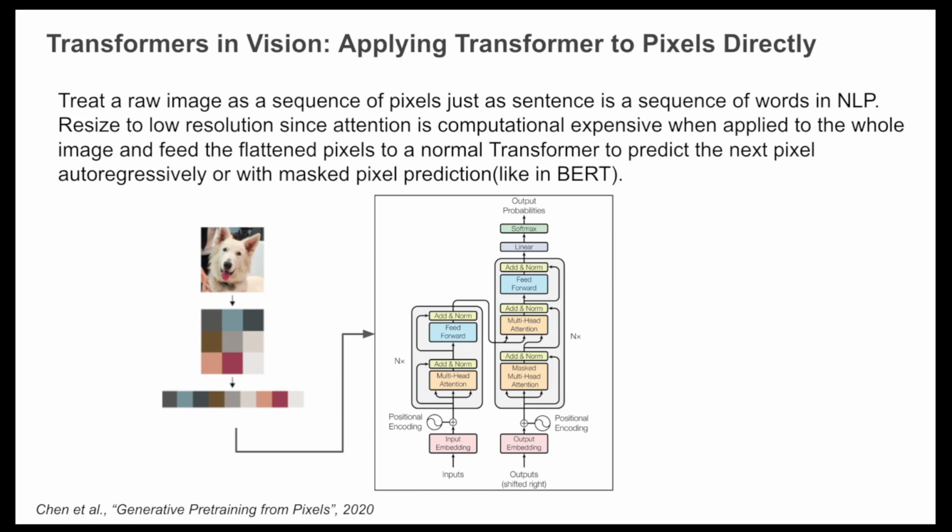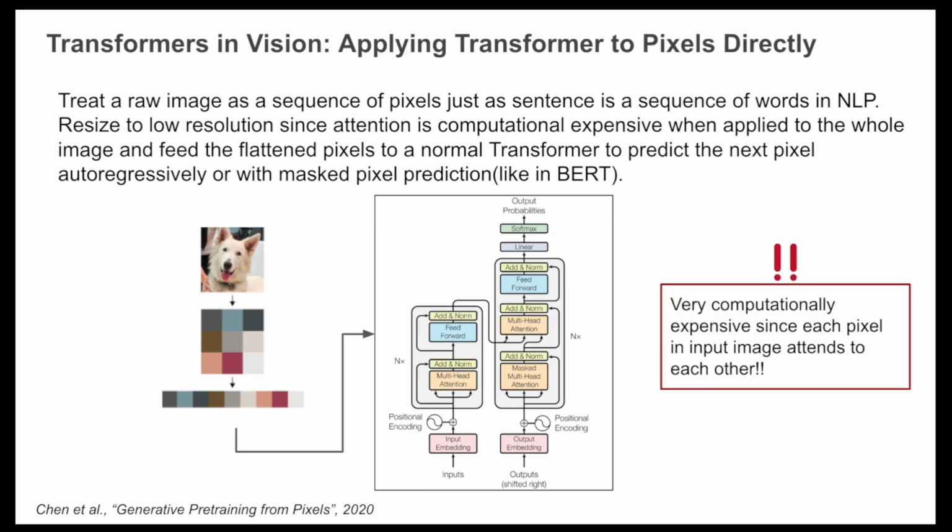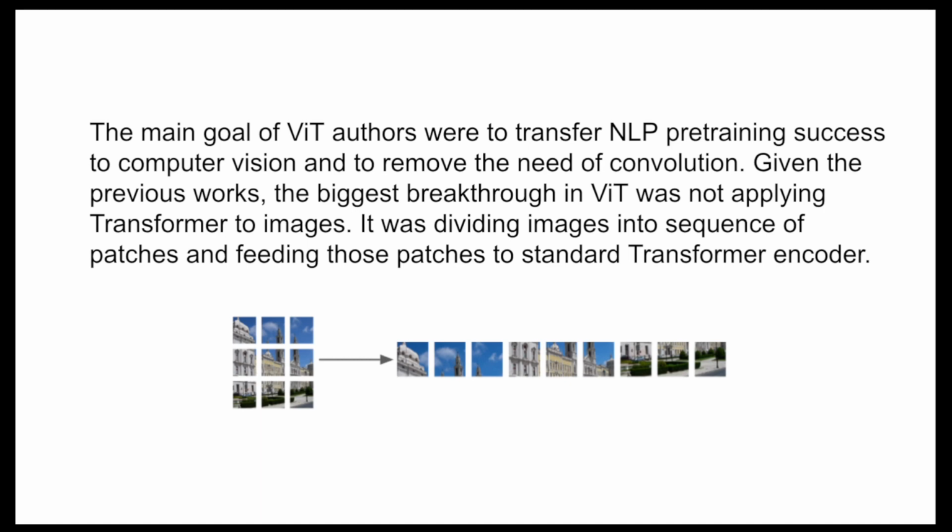This was done in the paper Generative Pre-training from Pixels in 2020 by Chen et al. So this is also not efficient, because if you're applying a transformer on each pixel, then it's super expensive as each pixel has to attend to every pixel. So the main goal of the ViT authors was to transfer NLP pre-training success to computer vision